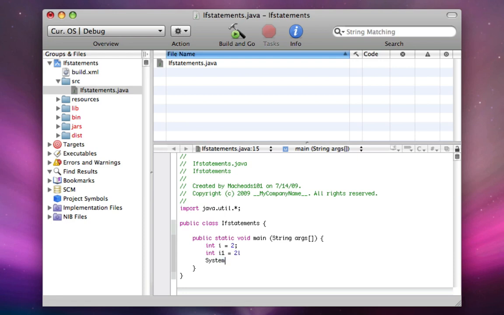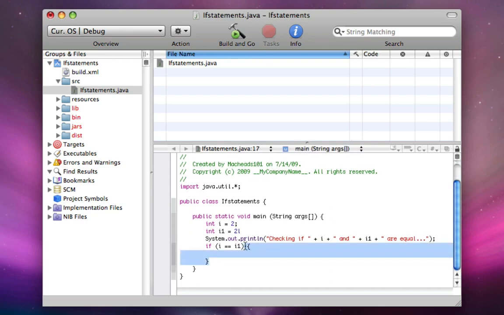And now we're going to do system.out.println, checking if, and now I'm going to do this, and are equal. Okay, so now I'll say if I equals I1. This is the code right in between these two curly braces that will happen if this condition is true. So if I is the same as I1, represented by this double equals that's comparing them, then it'll go to